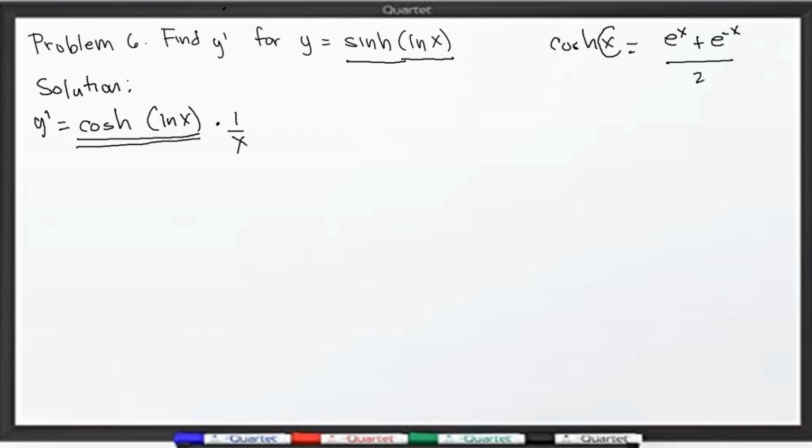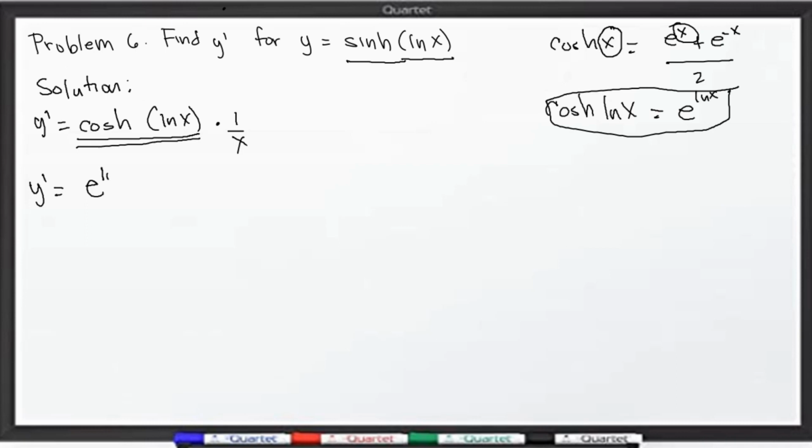Ngayon, kung ano po raw yung nandito, yun din dapat yung nandun. Kung kaya't, meron tayong cosh of ln of x, mangyayari dito sa into e to the ln of x. Okay, ganyan po ang gawin natin. Let us try to substitute this one there. We have here y prime is equal to